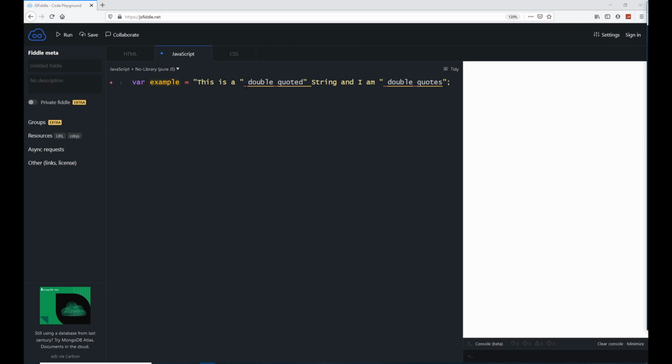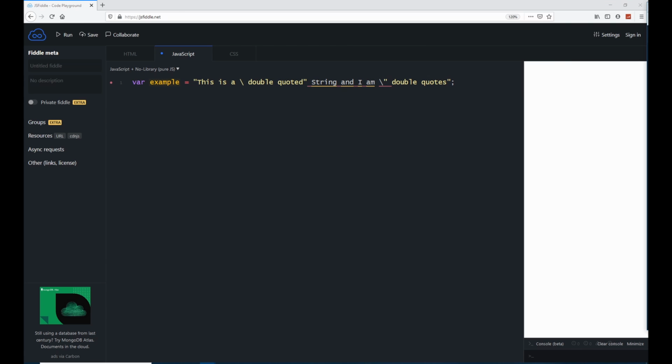But JavaScript doesn't know what to do about it. It thinks that this is the whole string. When it sees the first quote inside the string, it thinks that this is the end of the string. So there's something called an escape character. If you want to escape a quote, that means it will no longer be considered the end of the string. I'm going to put a backslash. So right here I can do this and the same here.